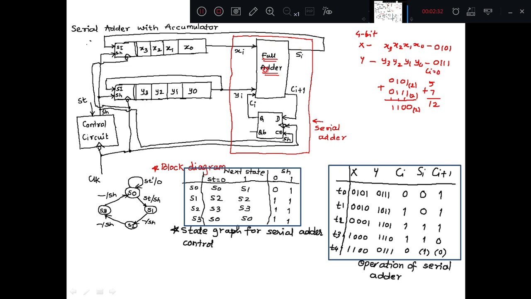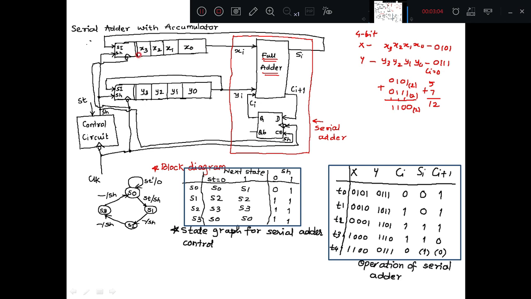So for addition we are using a 1-bit full adder: xi, yi and ci. The initial value of carry in is 0, xi represents x0, yi represents y0. So x0, y0 and cin 0. With this you are adding the first two bits, 1 and 1. When you add these two bits, the sum that is calculated you are storing in the X register itself.